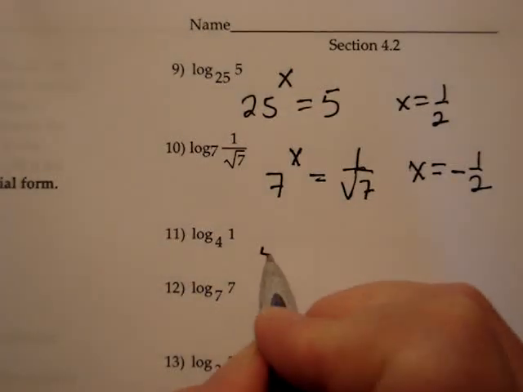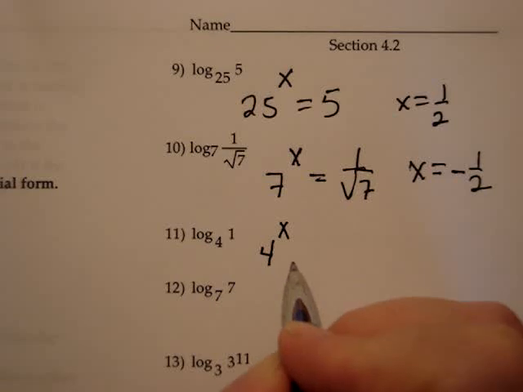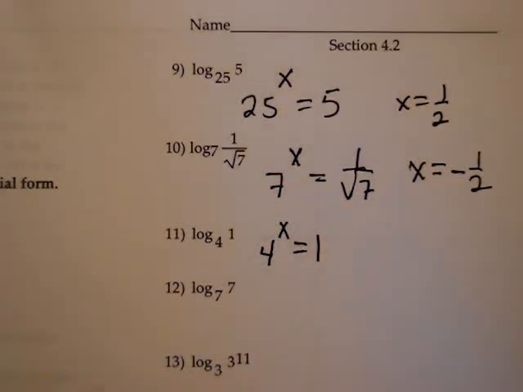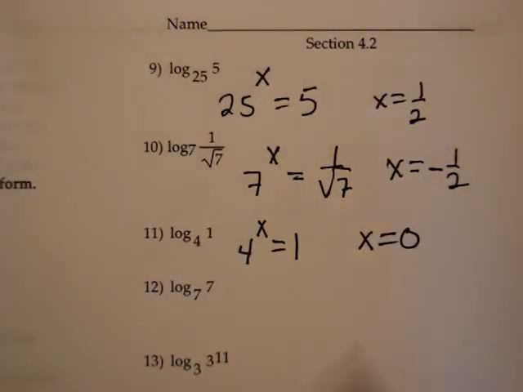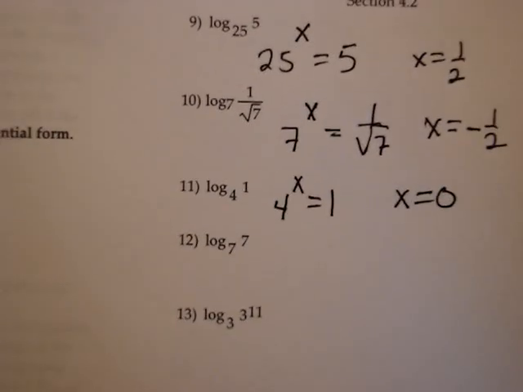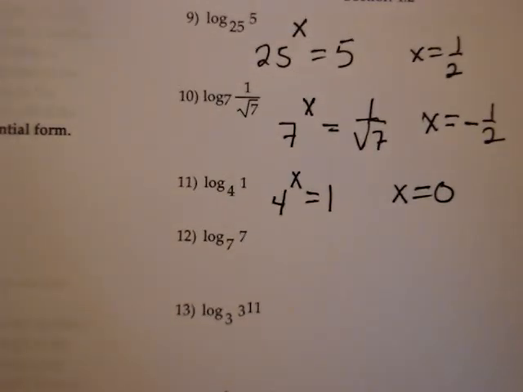If I have a base of 4, what exponent did I put on 4 to get an answer of 1? Well, the only way you can get an answer of 1 from an exponential expression is anything to the 0 power is 1. Remember that? That's a definition. That's because I said so. Anything to the 0 power is 1, so x is 0. Okay? Now that leads us to our first basic property,